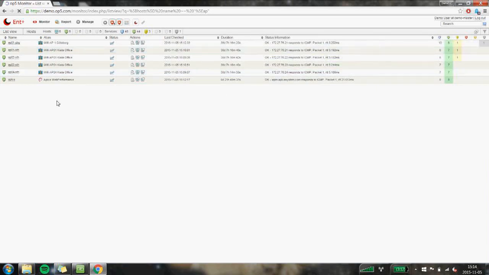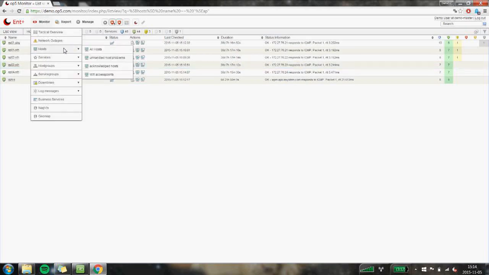So I will just refresh real quick here. And in the menu, you will see Wi-Fi access points. Pretty neat. You can build your own views. If we move on,